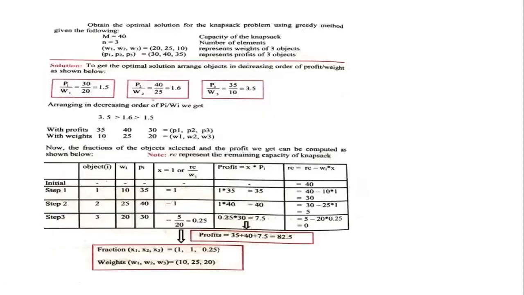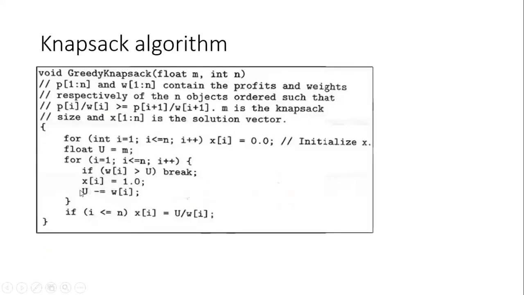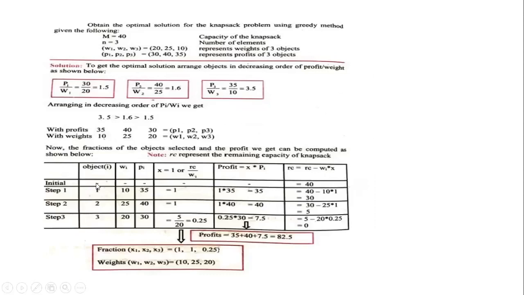So implementation, this is the example of how we have implemented it. I have the object Wi by Pi. See here, I have found out P by W and then arranged them in ascending order, and then start with the 3 steps and keep on reducing the remaining capacity using this formula. This is what I am doing, finding out the remaining capacity. Okay, so after we have understood this, we will try to execute the program.